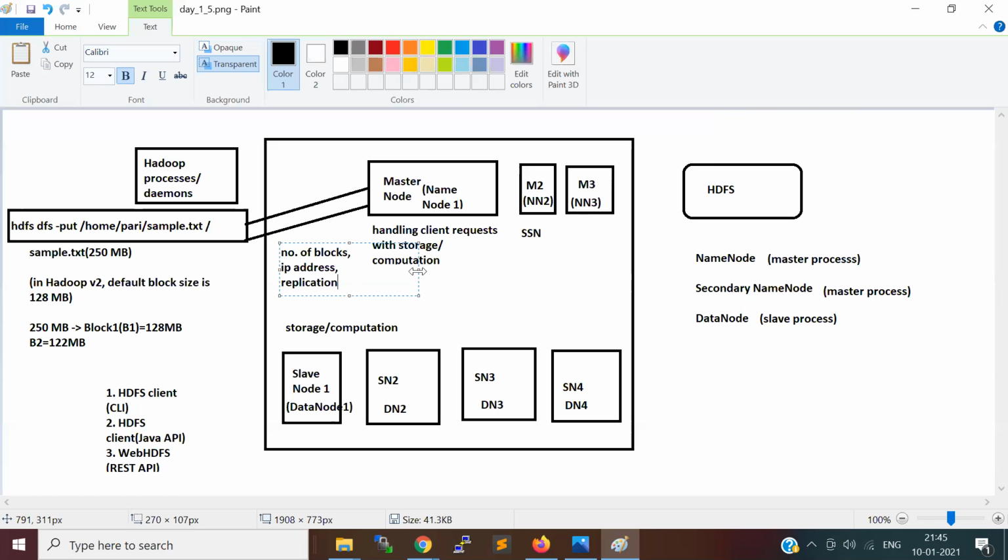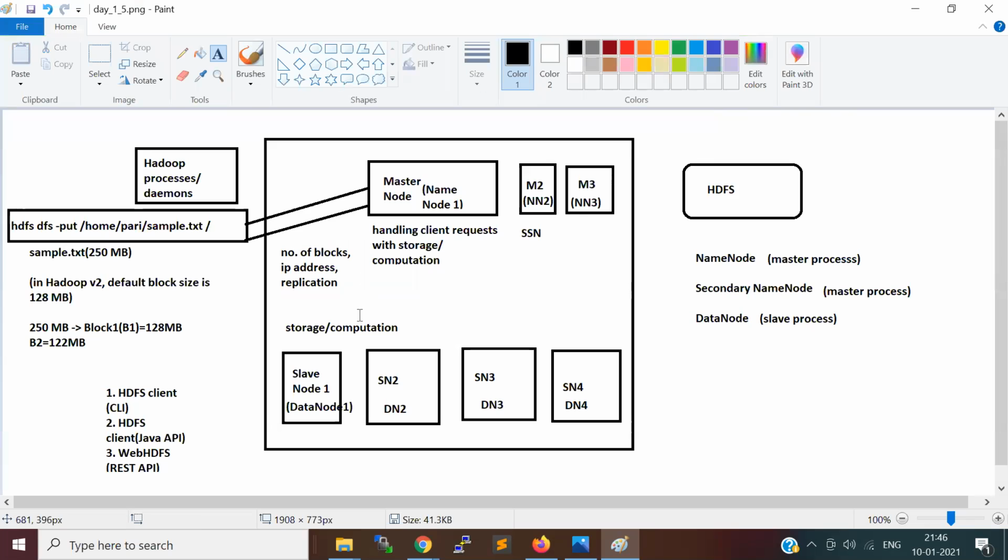Okay, so that you can configure. Basically, there is a property called replication factor. By default, it is 3. If in this example we have a file which has 2 blocks, ideally it has to store B1, B2, but it will store B1 thrice.